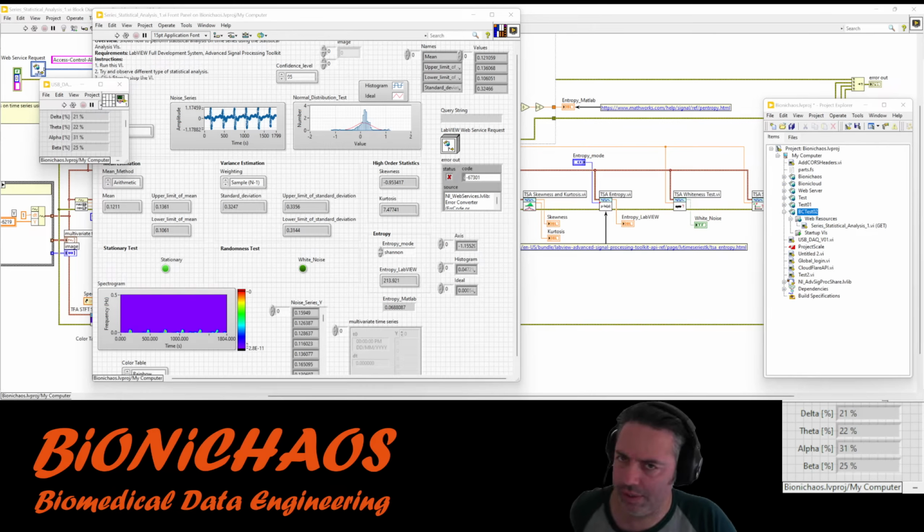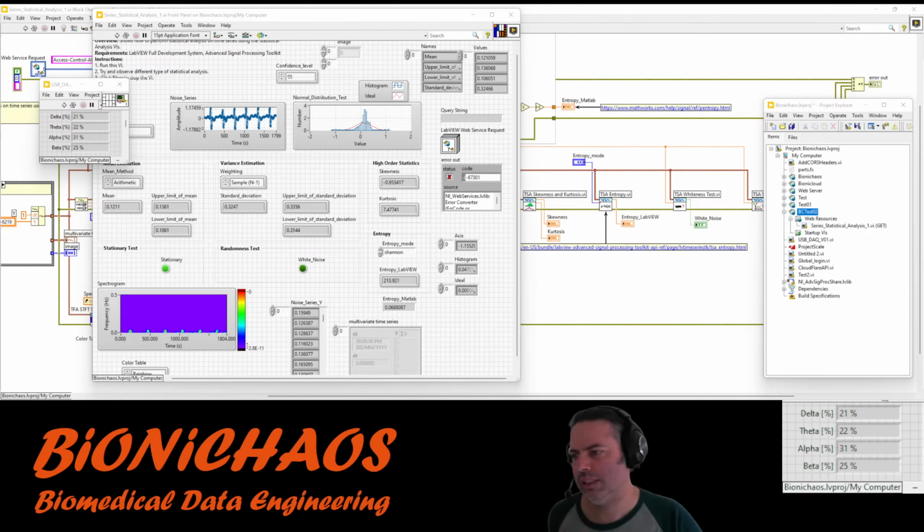Offline, I have a lot of different tools that I have developed over the years. There's, for example, an EEG reduction tool for storage or transferring data online.